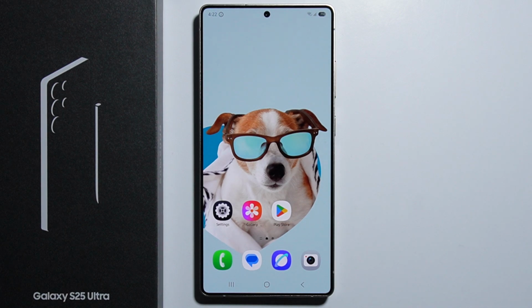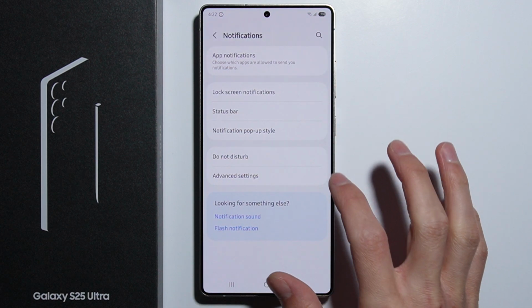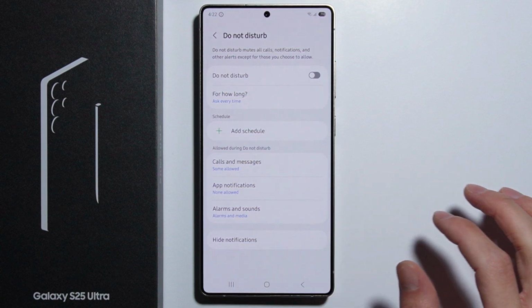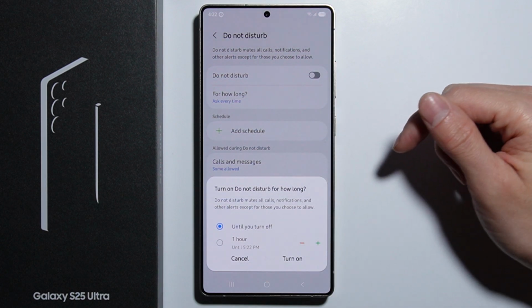Hello, to turn on or off Do Not Disturb mode on Samsung Galaxy S25 Ultra, first of all you have to go into the settings. From here scroll down and go into the notifications, and here we have the Do Not Disturb mode. And simply to enable it, we press this switch, and we are being asked right now for how long to